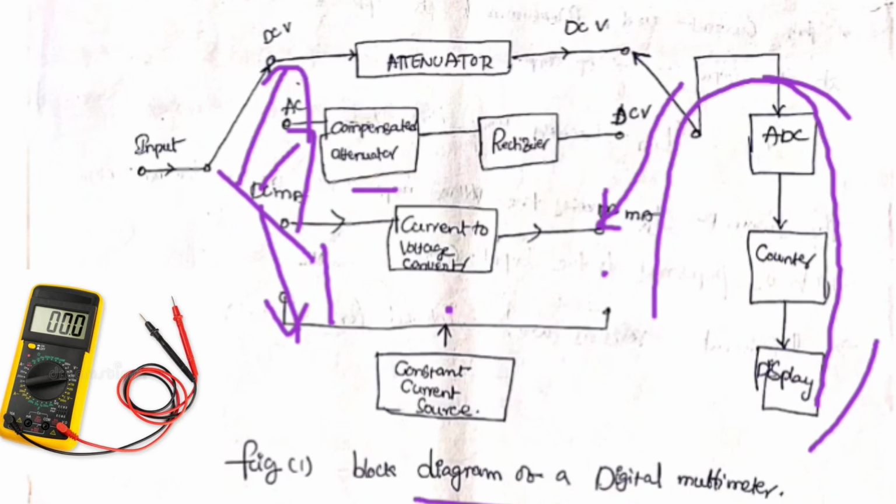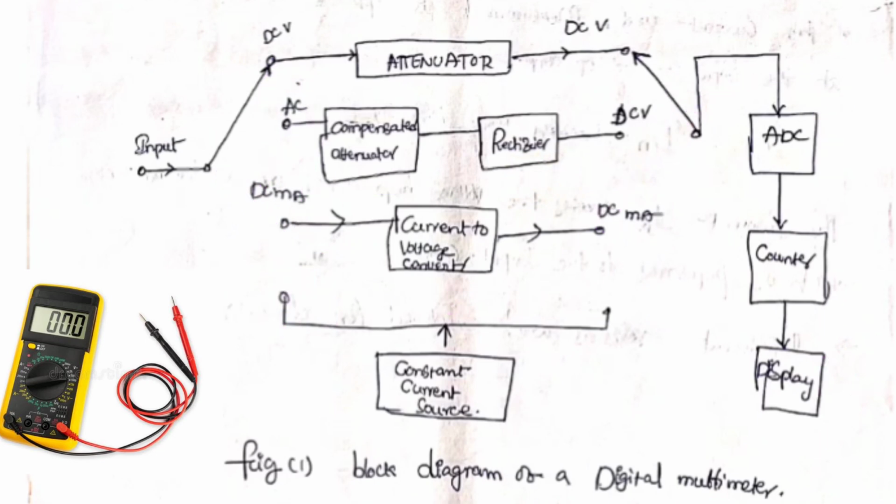Every multimeter has an attenuator, a compensated attenuator, and a rectifier to measure current and DC and AC voltage. You can see here the DC voltage measurement. If you want to measure AC by using a multimeter, what do we have to do? First we have to change the knob, that means the knob position is connected to AC. After that, the attenuator is connected. Whatever input we give, according to the required meter design and meter range, it attenuates the unknown signals. After that, it is fed to the rectifier, where it will be converted to DC voltage.